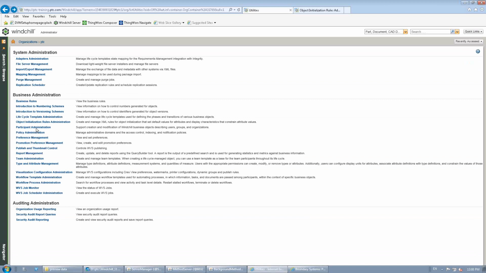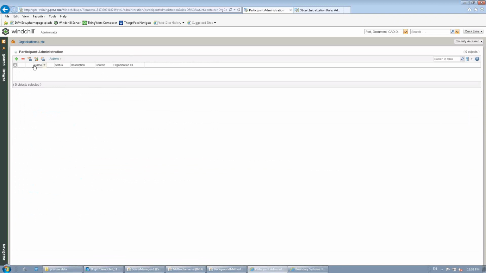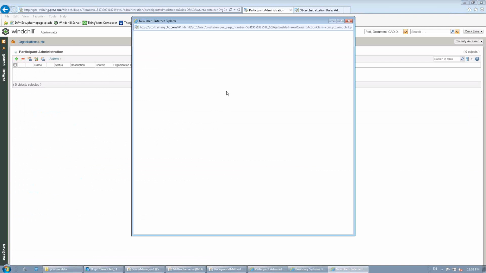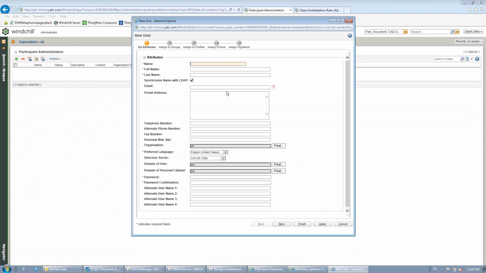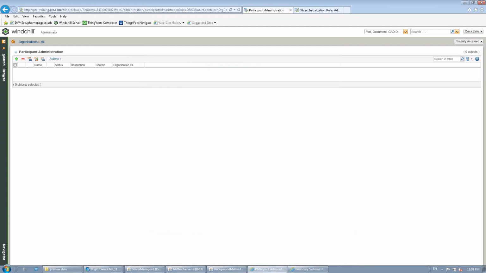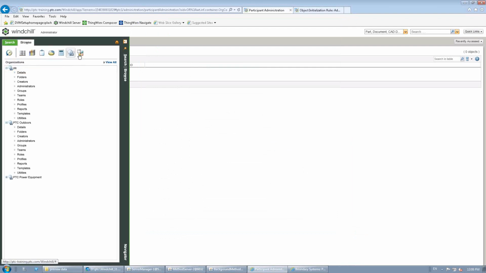All right, and then we also can go into our participant administration, and inside of here, of course, if we're creating a new user, we create a new user here. Now, I do recommend that when you do create a new user, don't do it at the site level. The reason being is that, well, this one, I'm actually at the org level. So it will be associated with this organization PTC. But if I am at the site level,